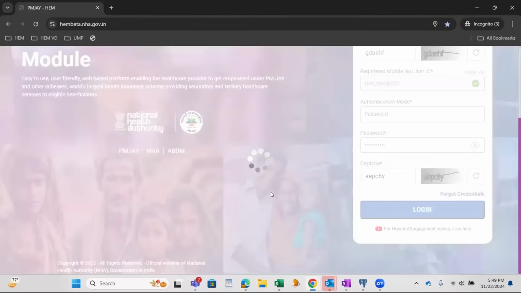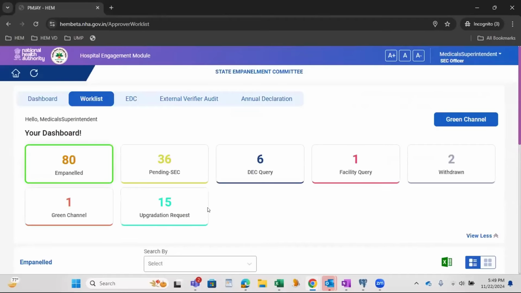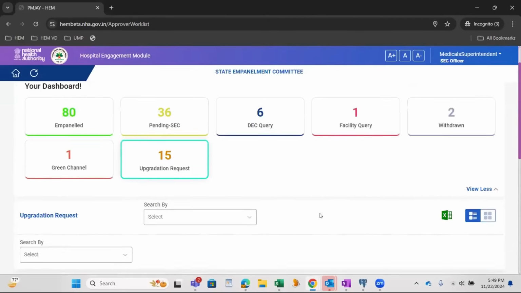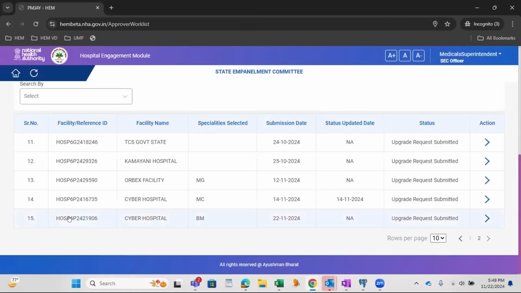So the upgrade card, SEC login. This is the latest record which is submitted.